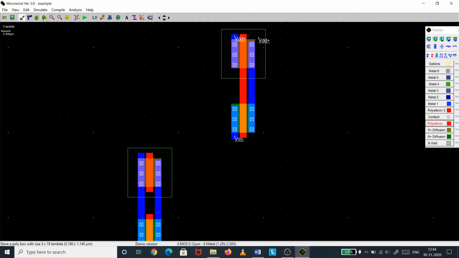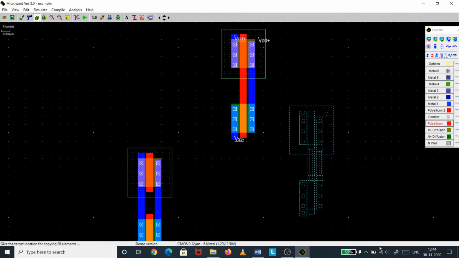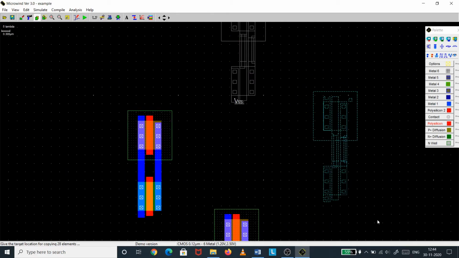Right, so I will just copy this CMOS inverter and I will use it just here.